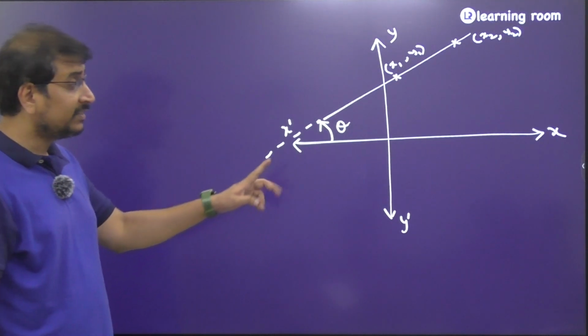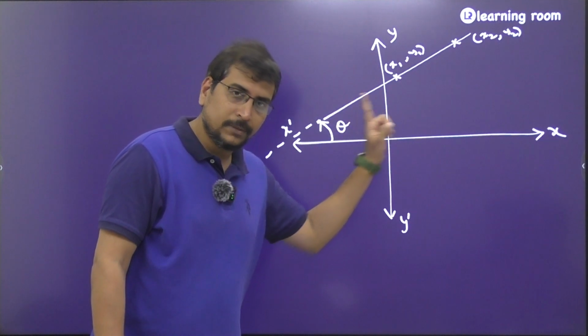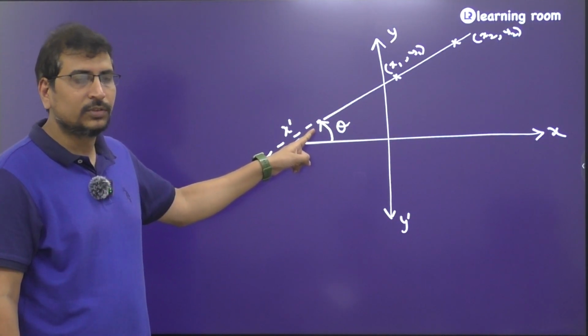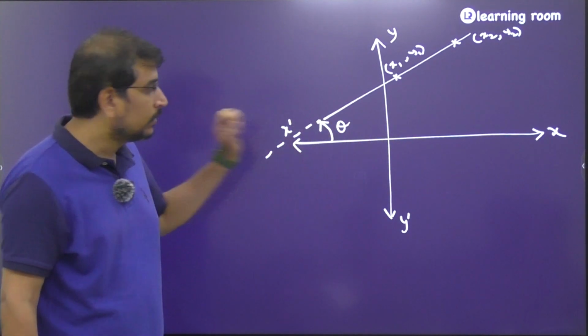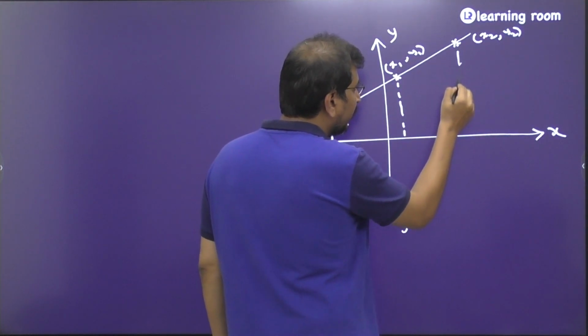So I'm very clear, I didn't say positive x-axis. I told only horizontal. When I say horizontal, the axis can either be positive or negative. Right? Don't get confused about that. Someone may ask, you said positive, then why didn't you take it in the first quadrant? No. Okay. So having said this, from here, if I drop a perpendicular, and from here, if I drop a